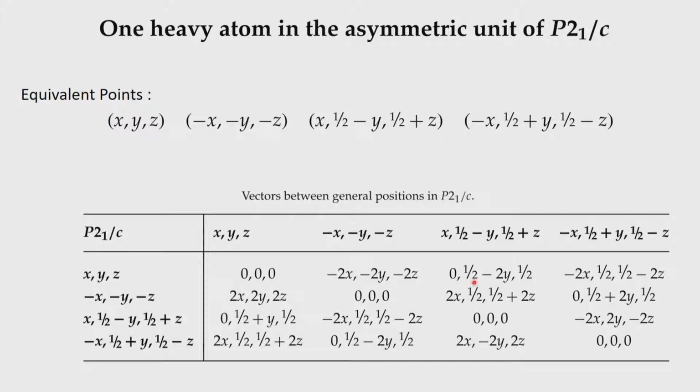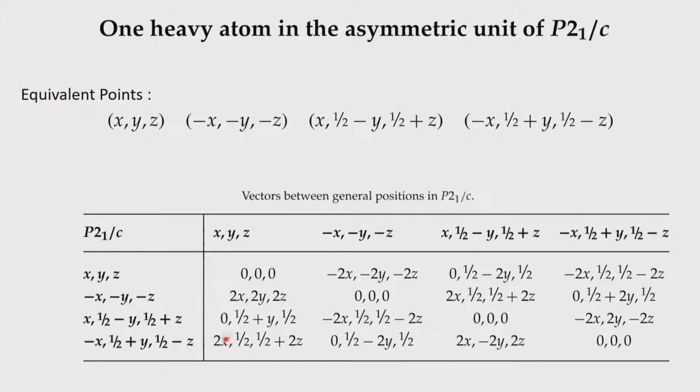So, this is a Harker line and this is also a Harker line. If you look at the Harker line, you get a unique solution for y. This should be half plus 2y here. There is a mistake. It should be half plus 2y. So, you get half plus 2y, half minus 2y, you get a solution for y. You have a solution for x, y and z already here. Compare that y with this y, it should be the same. So, you therefore now conclude that the value of y for the heavy atom system has been completely determined.